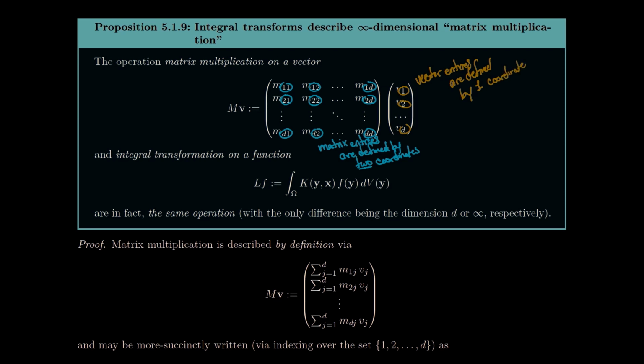And what happens when I actually perform the multiplication is I take all of my vector entries, I rotate my vector against the matrix, and I multiply it by every row of the matrix. And then you sum, right? You're going to do the inner product of those two, the row of the matrix with the column of the vector. And so we perform a multiplication